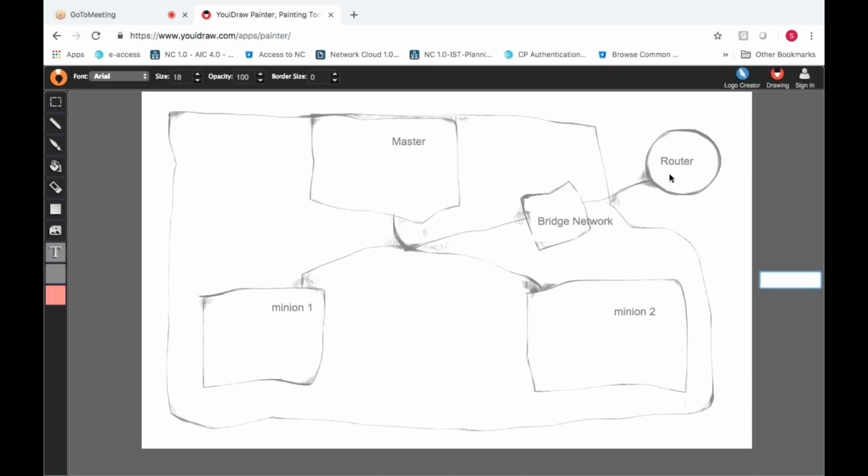That's the reason I get one IP from this router itself, because my ISP provider cable has been connected to this router at my home, and few IPs I have given: one IP address to master, one IP address to minion 1,